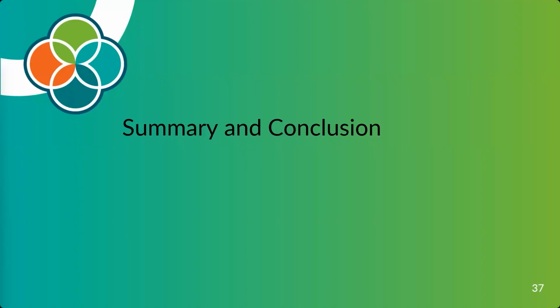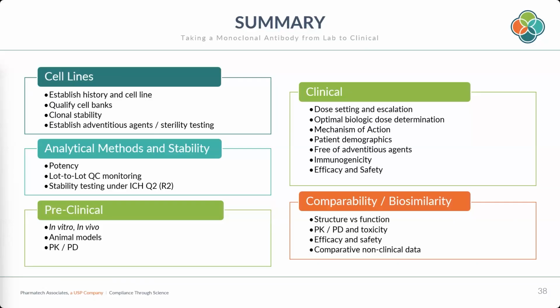Finishing up here, we'll talk a little bit about what we've gone through. We've touched on cell lines, the analytical methods and stability, the preclinical, some of the clinical aspects we didn't get much into, and then the comparability and biosimilarity, all of which really are the key aspects to biosimilars. It's the comparability, right? It's how does your biosimilar drug compare to the original reference? And it's how it's physically similar,